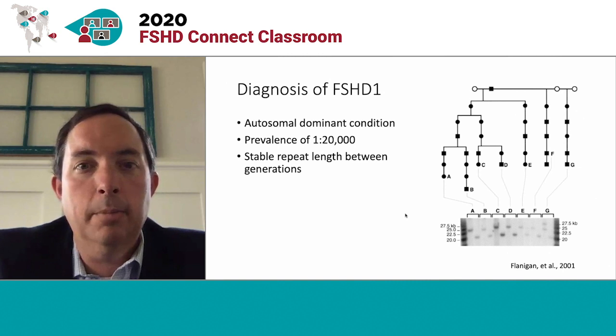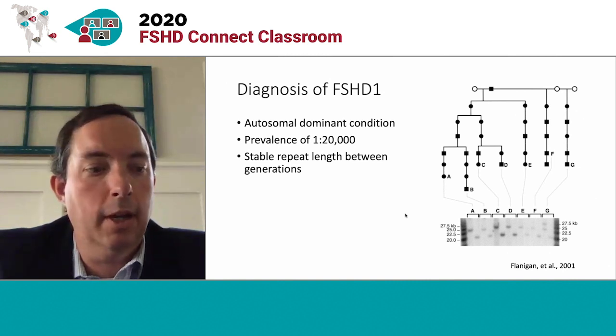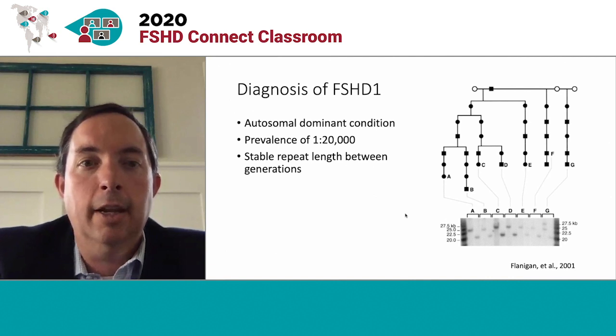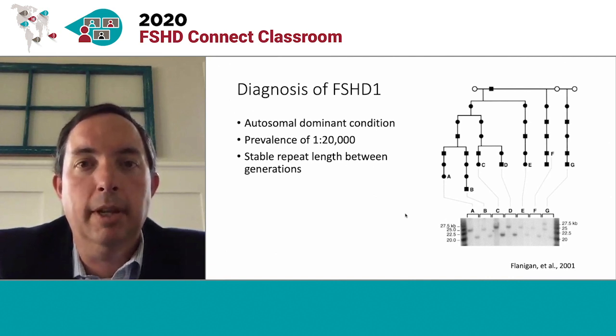In this large family with multiple generations of FSHD, he was able to show across, say, 4 or 5 generations that, in fact, at every generation the repeat length is inherited the same. The contraction seen is the same between different generations. And so that means that